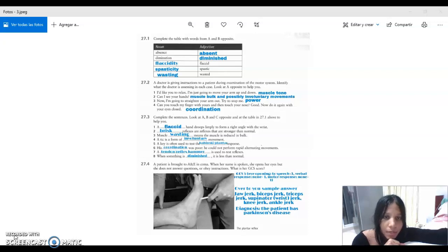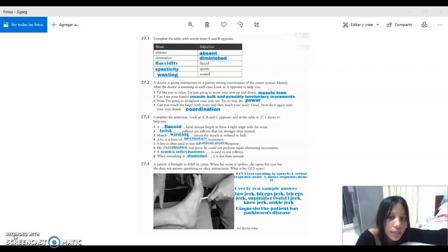27.3. Complete the sentences. Look at A, B and C opposite and at the table in 27.1 above to help you. 1. A flaccid